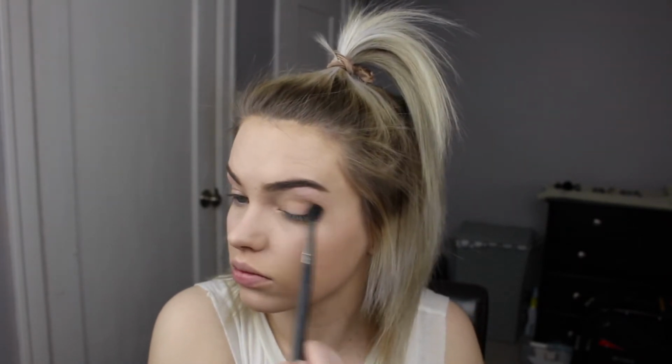Taking just a fluffy brush and Custard by Anastasia right in my crease. This is just going to be super neutral